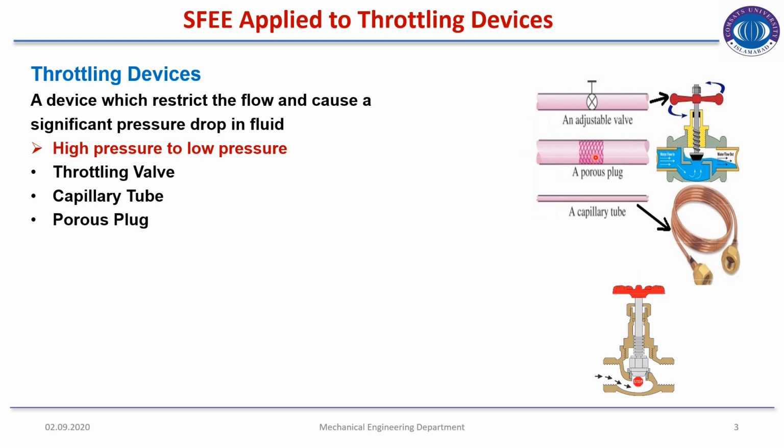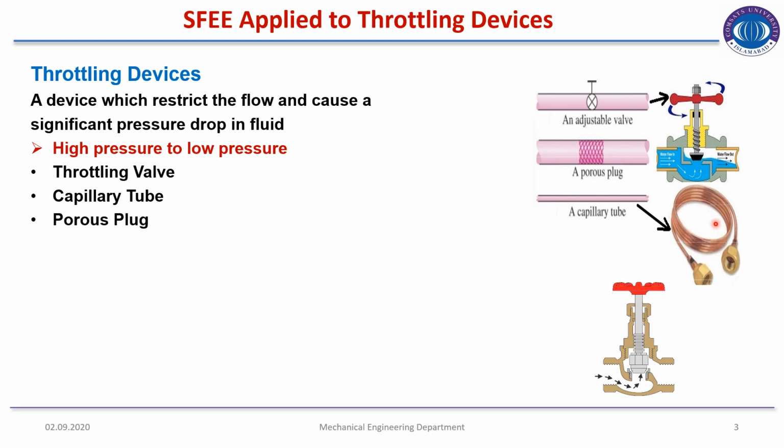and that is a porous plug. It contains very small pores, and the fluid is forced to pass through these pores, and the fluid will eventually be depressurized. So the pressure of the fluid will drop significantly. The third example is the capillary tube. When a fluid passes through a capillary tube, the pressure of the fluid is significantly dropped. So that is the